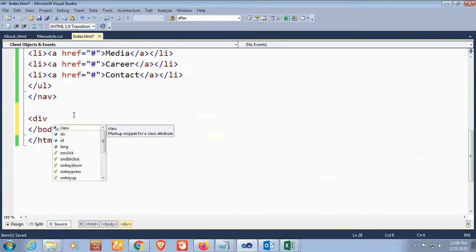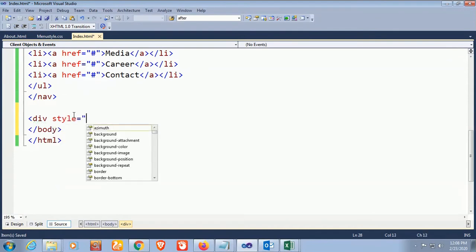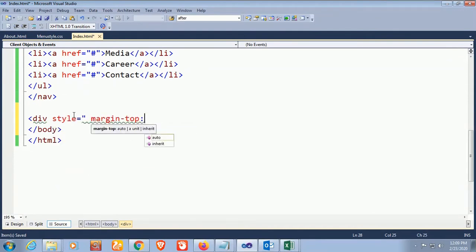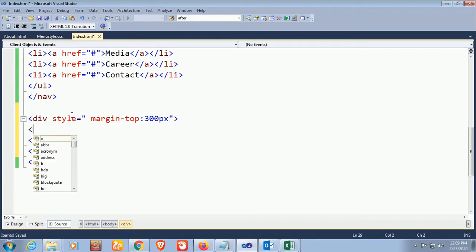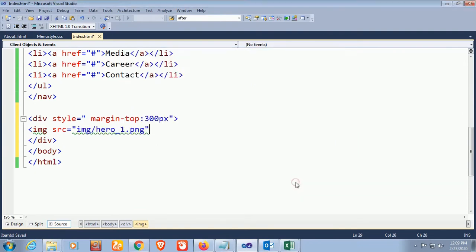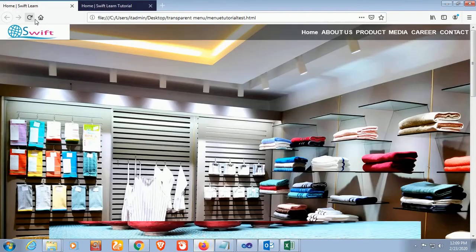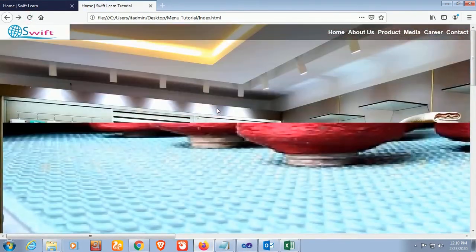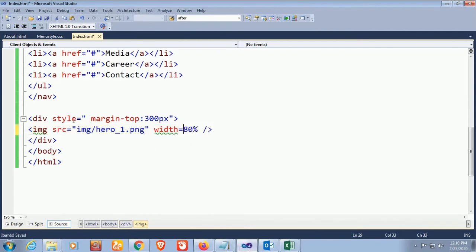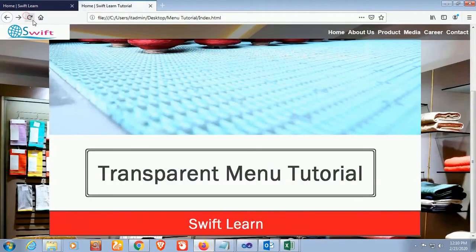add a div in the index.html page below the navigation menu. Div style equal to margin top 300 pixel, because this div will be placed below the menu and logo. So I just added an image in this div. The image is hero1.png and width will be 80%. Oh yes, it's added, but width 80% is not working. Oh sorry, width equal to 80% and div align equal to center. Okay, now it's working perfectly. Align is center,